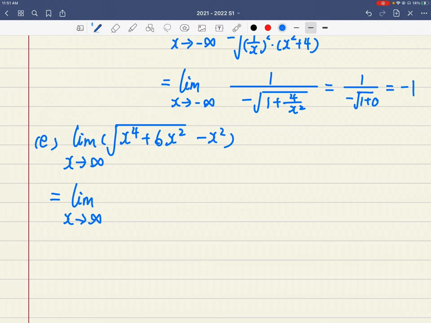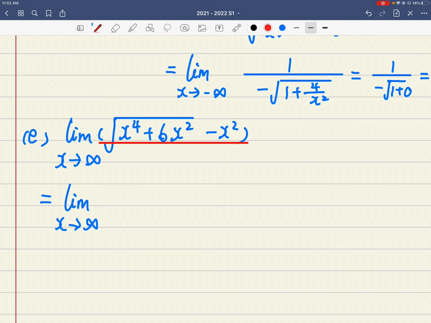So what you can do is create a fraction. How do you create a fraction? Whatever you're dealing with is itself over 1. So you can create a fraction out of nowhere, and then you can multiply, because here you have an annoying square root. You can multiply by the conjugate of the top, the square root plus x squared. First you treat it as this over 1, then you multiply both sides